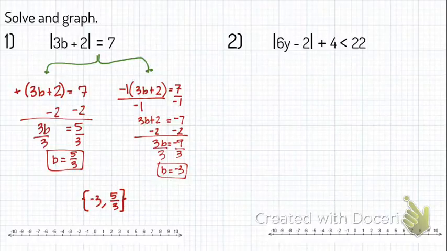Okay, so what we're going to do now is write down my answers, or graph them. So I'm going to go to negative 3 and fill it in. I'm saying that's one of my answers, and 5/3. And that's my answer, which is like saying,